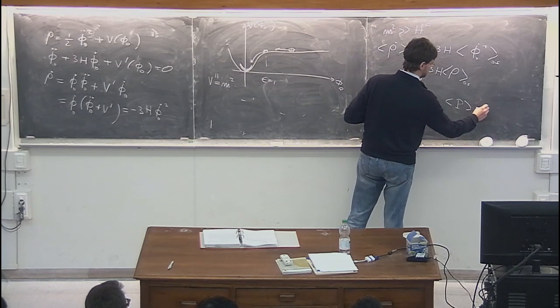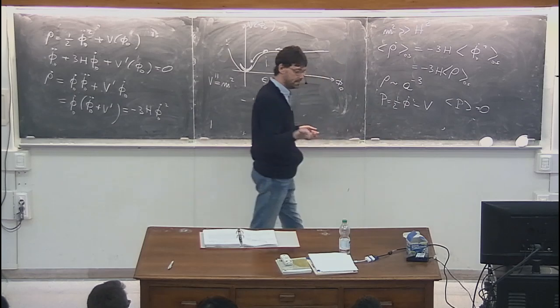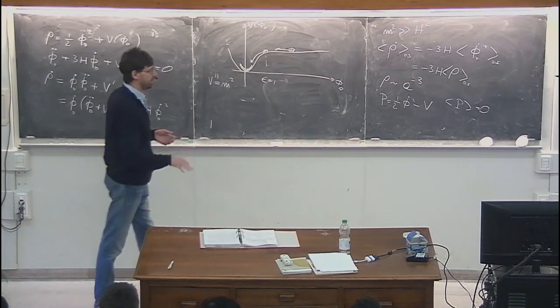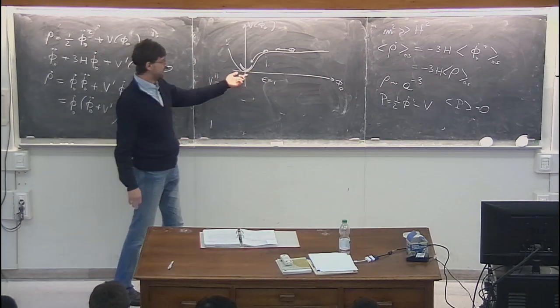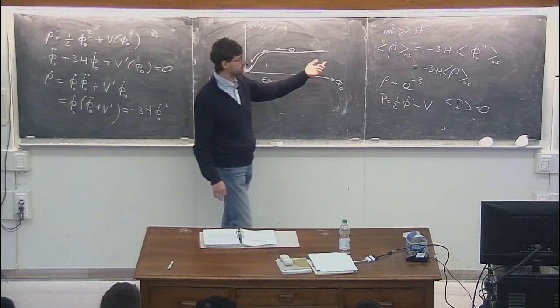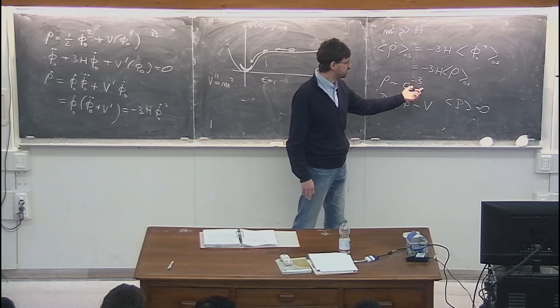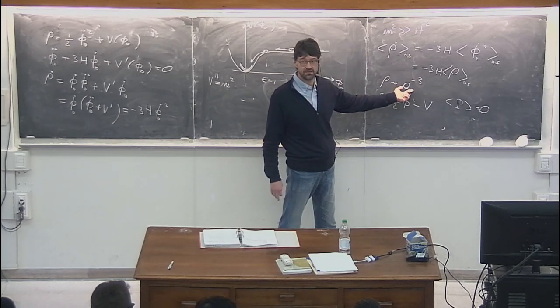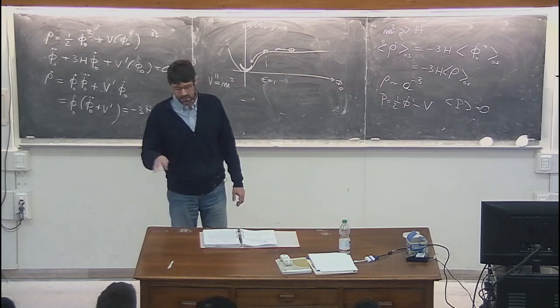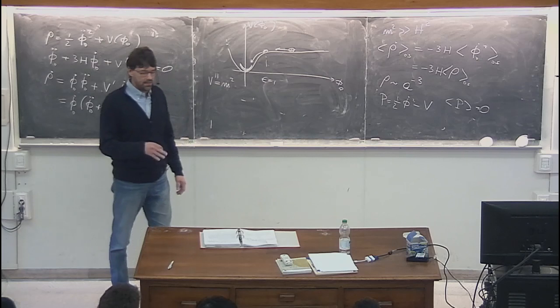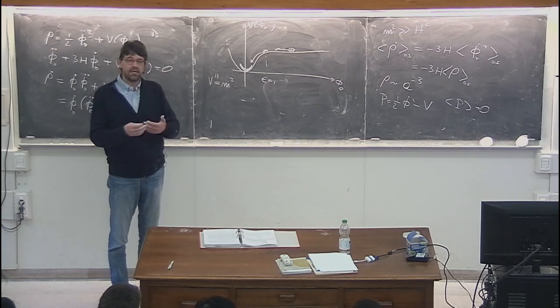Okay, so an oscillating scalar field, which is oscillating around the bottom of its potential with a frequency which is much larger than the Hubble rate, is redshifting its energy density like non-relativistic matter. It's like a pressureless matter. Okay? So this guy will oscillate, but at some point, since it will be eventually coupled to other degrees